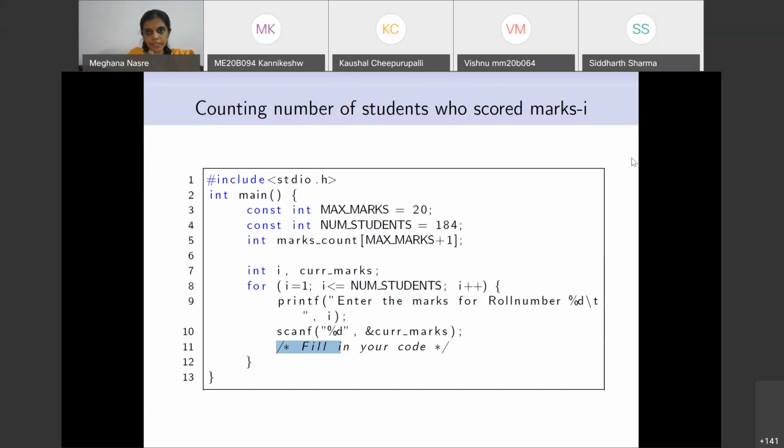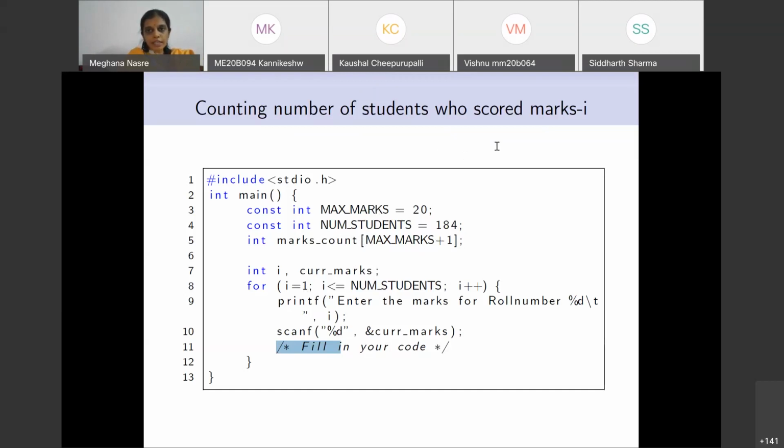Yes, ma'am. Okay. So one of you has said marks count of I plus plus. Note that I is running from 1 to num students, so I is going to be 1, 2, 3 up to 184, whereas marks count is an array which has indices only from 0 to 20.